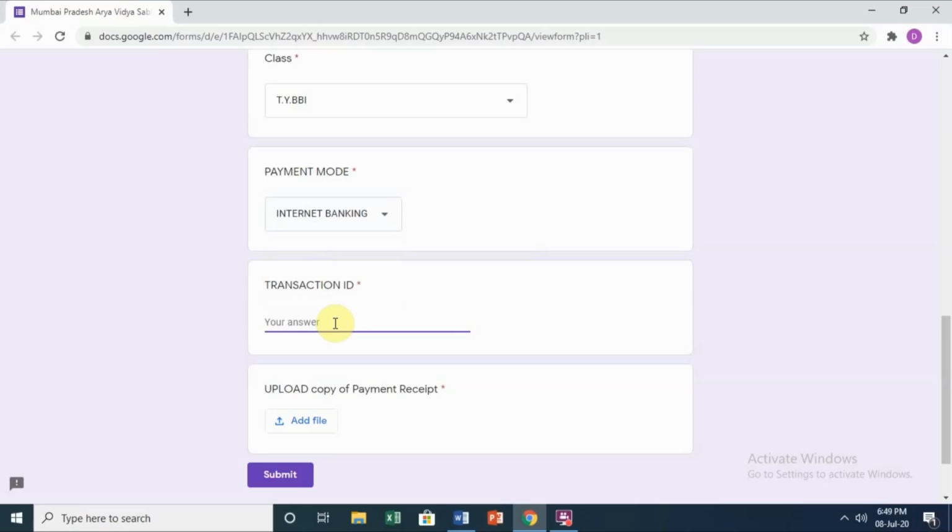Type the transaction ID over here. And upload the copy of your payment receipt. The acknowledgement of the payment has to be uploaded. Once you fill up this form and submit, your admission procedure is complete.